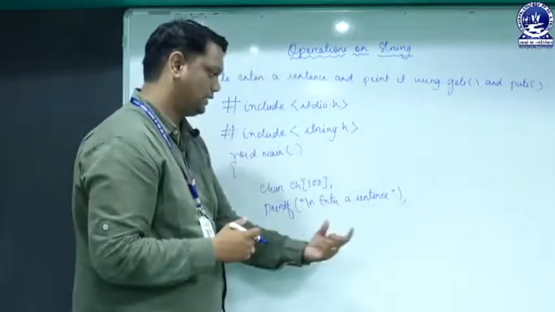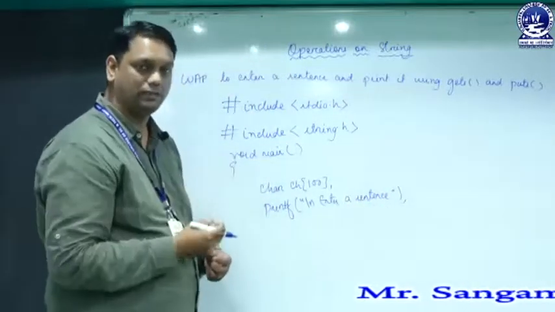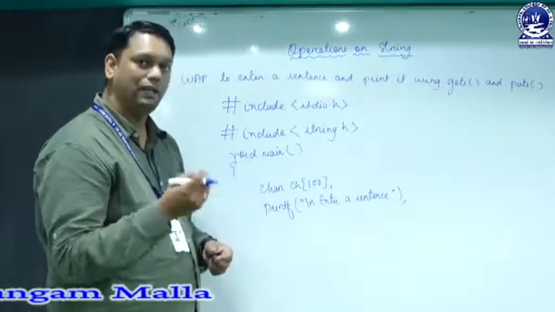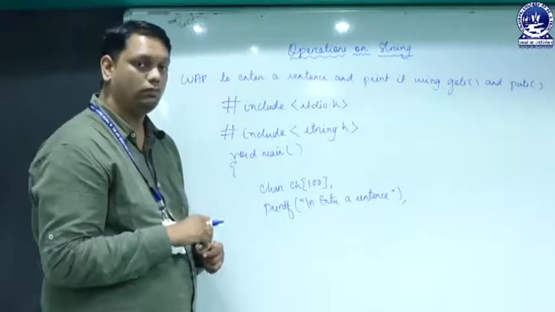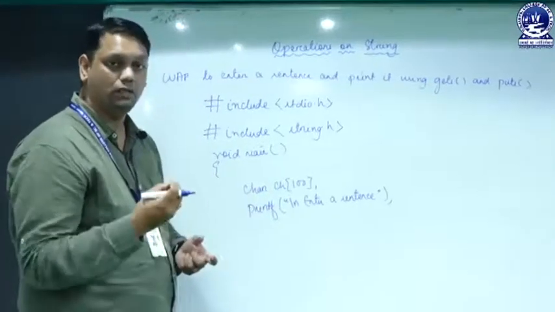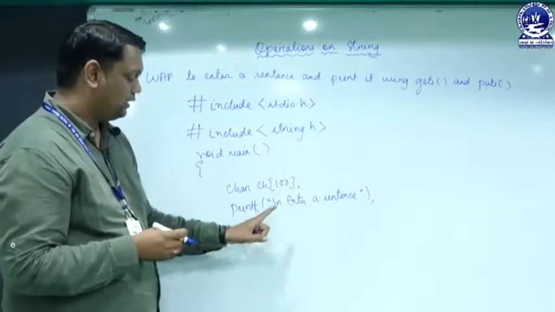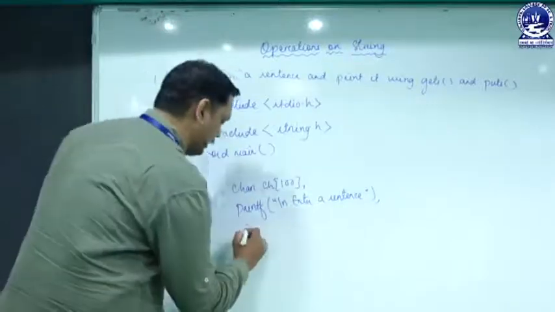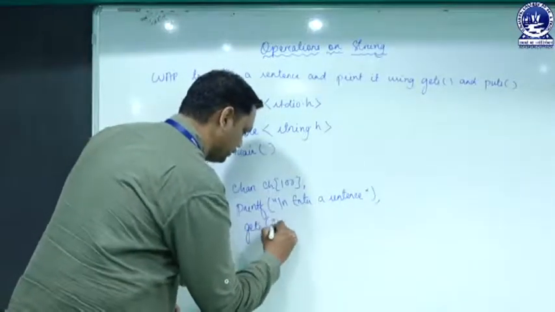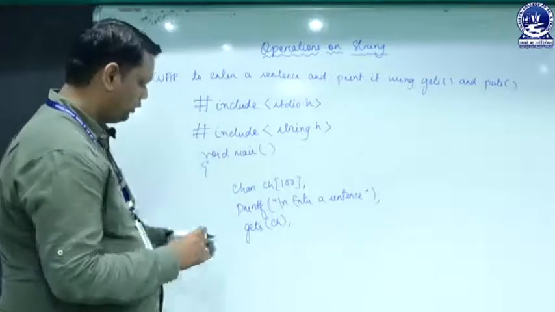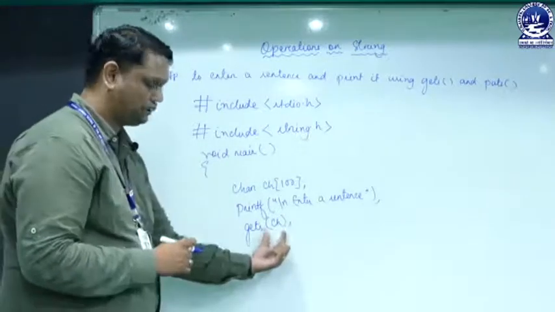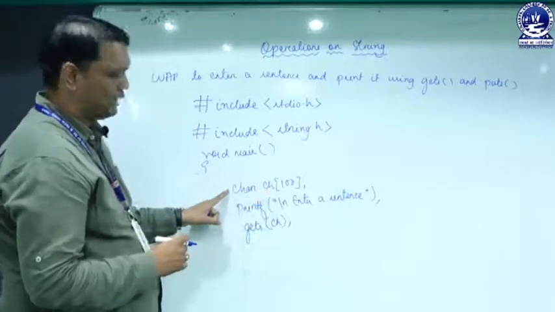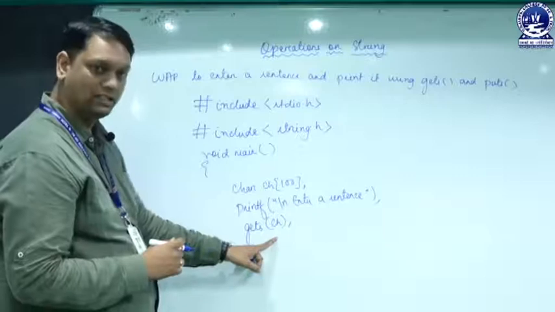As we have discussed, a sentence can have some blank spaces in between. Whenever a sentence is entered, it will have blank spaces, which is not possible to accept with the scanf function. So here, instead of using the scanf function, we will be using the gets function. I can simply write gets ch. The gets function is used to accept the string. We have taken the ch variable for accepting the string, so I have written gets ch.